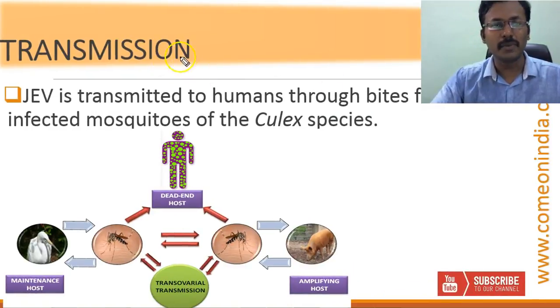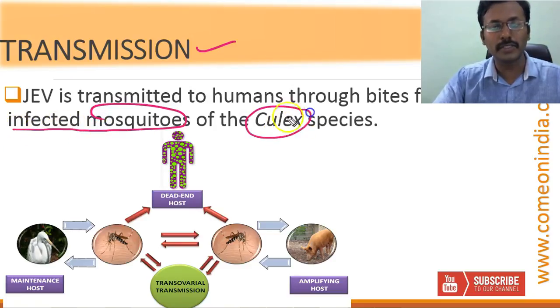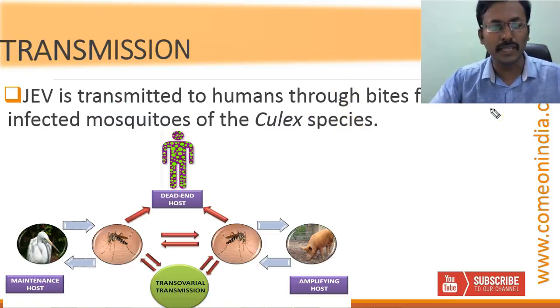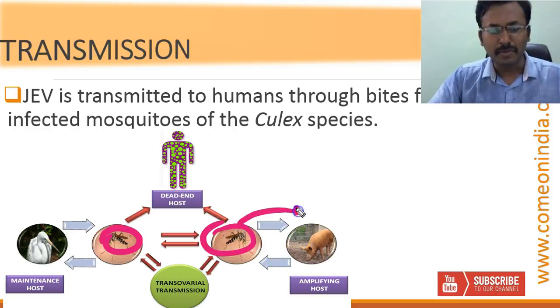Now let's discuss how Japanese encephalitis is transmitted. Already we discussed, humans get infection by the bite of an infected mosquito belonging to the Culex family. In this picture you can see how we get Japanese encephalitis. Here the Culex mosquito is there, and when Culex mosquitoes bite